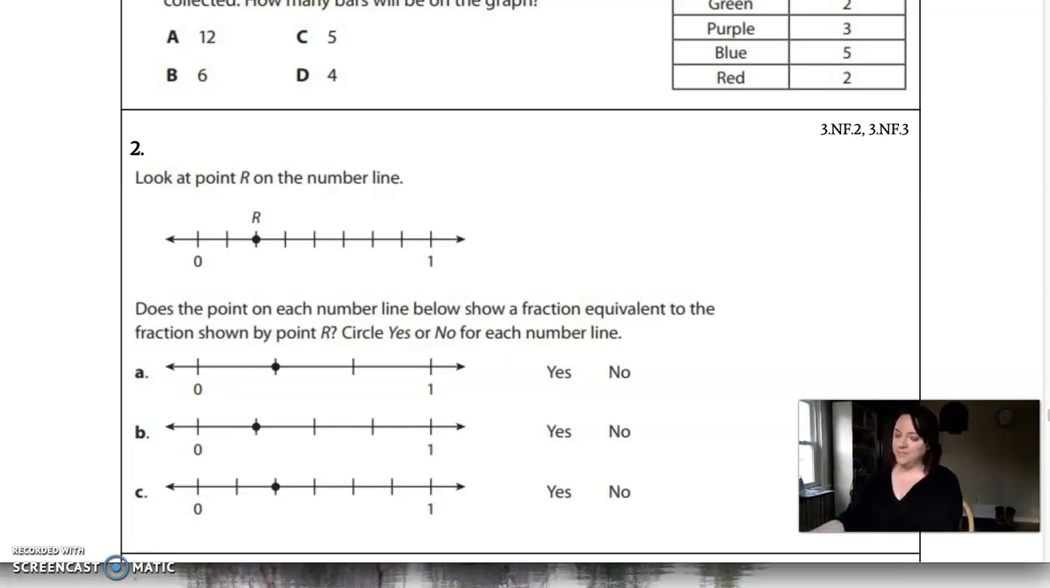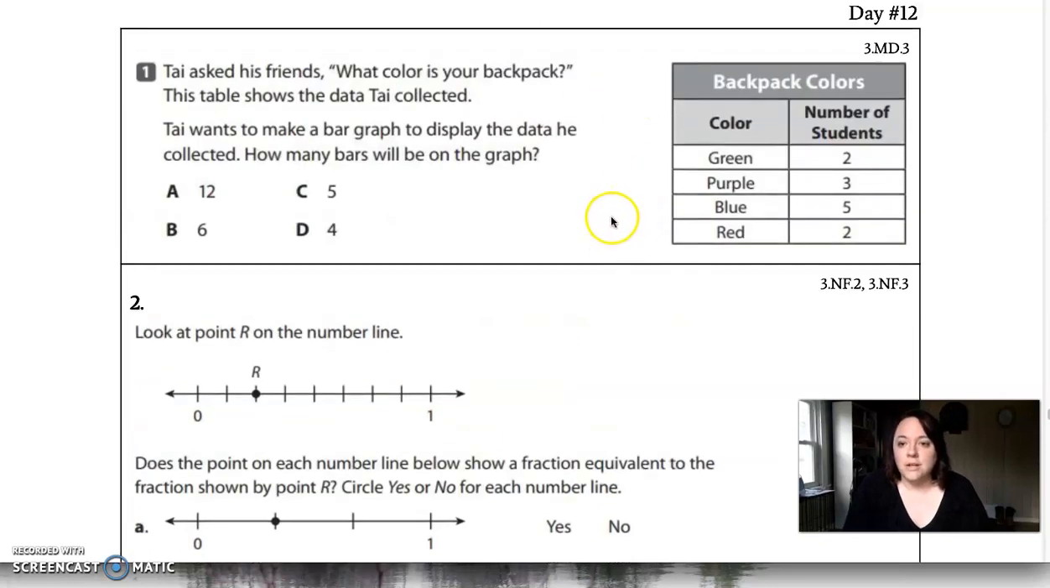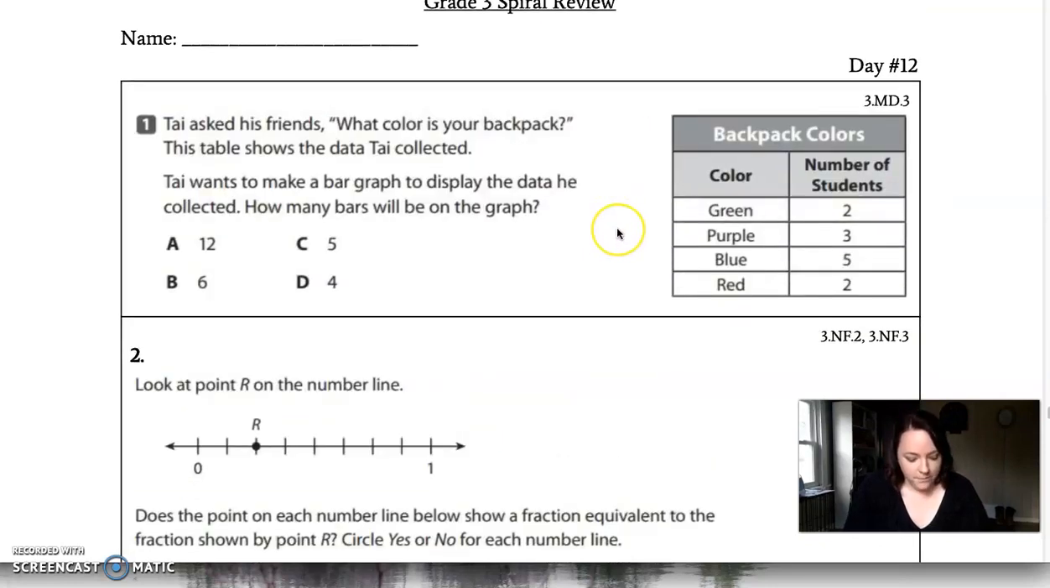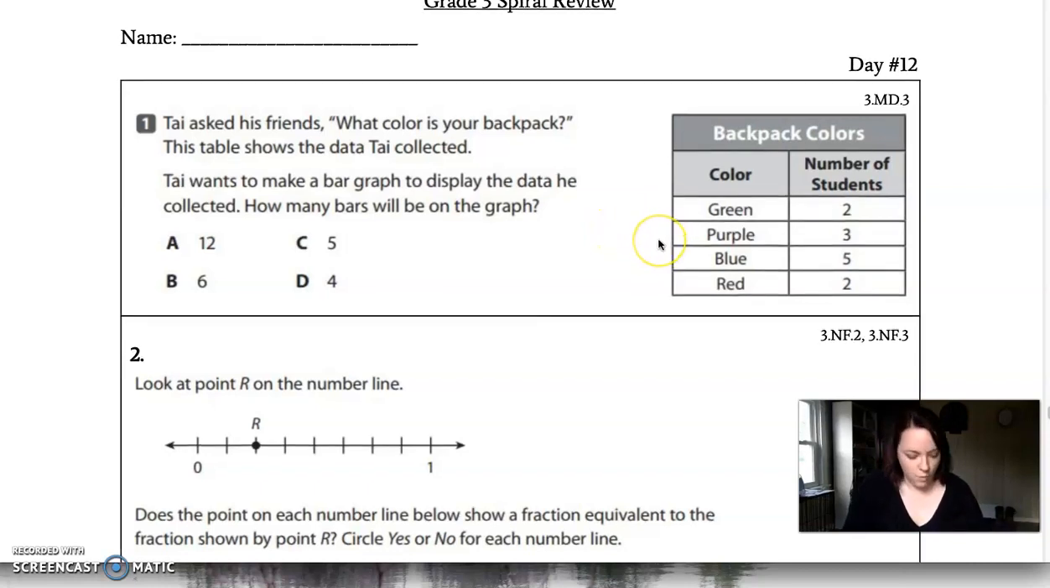So for today, we are starting our day 12 spiral review, and then we will be done with it after Monday, I believe. So we'll get back into the ready books and all of that. But for now, we're going to do day 12. So let me make sure I'm on day 12. All right. So I am going to go through 1, 2, 3, and 4,